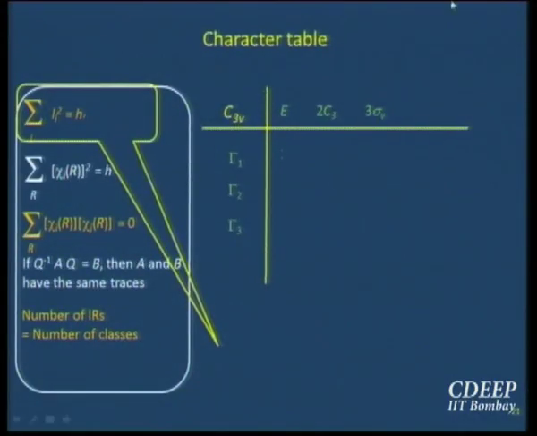What do we ask next? What are the dimensionalities? That is the next question, right? Li square equal to h. So the question before the next question is, what is h? 6 or 3? Because h is the number of symmetry operations, please don't forget. E is number 1, C3 plus and C3 minus are number 2 and number 3, don't forget. There are 3 planes of symmetry, sigma v. So 1 plus 2 plus 3 is equal to 6, h is equal to 6. So now see, Li square equal to 6, L1 square plus L2 square plus L3 square equal to 6. So what is L1, what is L2, what is L3?